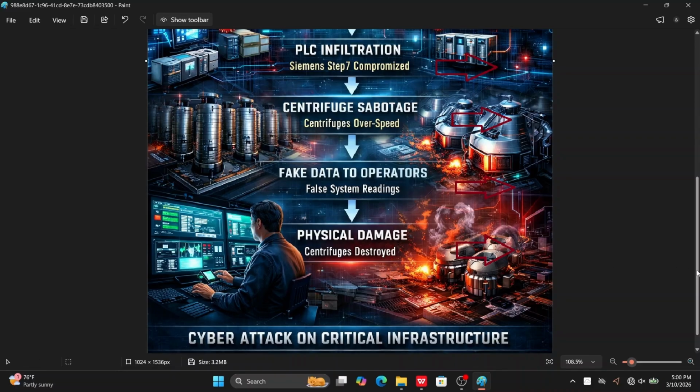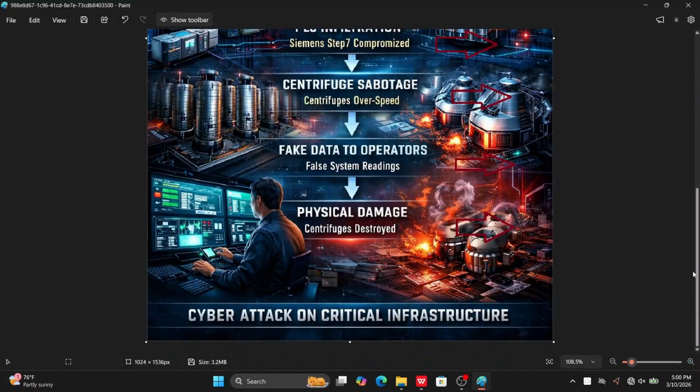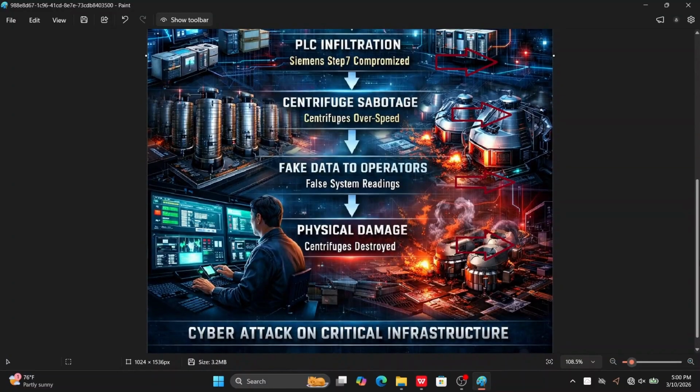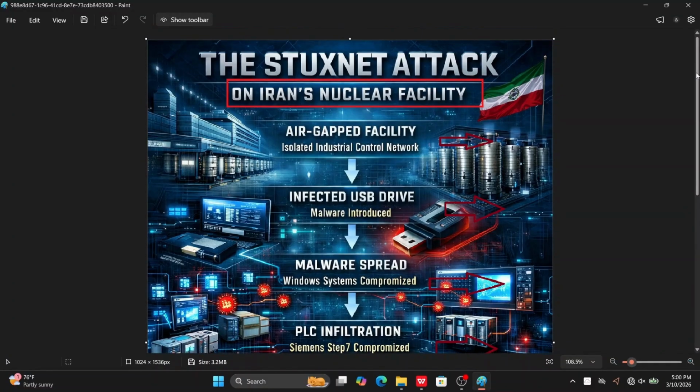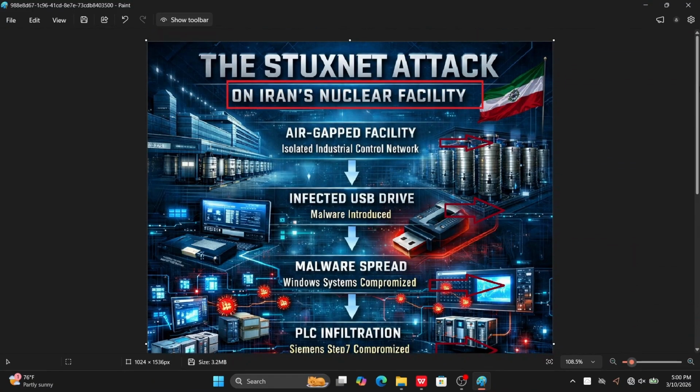This incident demonstrated something that had rarely been seen before. I think this is the most famous OT cyber attack that was successfully carried out on an OT environment. They could now cause physical damage to industrial infrastructure. So, as we can see from this whole story, the Israeli hackers targeted this Iranian nuclear facility and successfully made it.